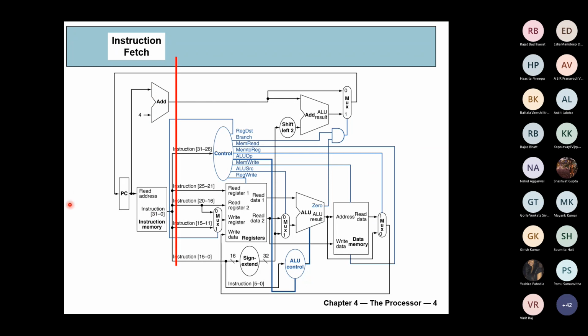And then you have to read the instruction, and this control logic decodes the meaning of that instruction. And once you decode the instruction, the appropriate logic is set on these output control lines. And these control lines enable different multiplexers so that the appropriate data path is enabled. So this portion of the hardware is responsible for instruction decode,